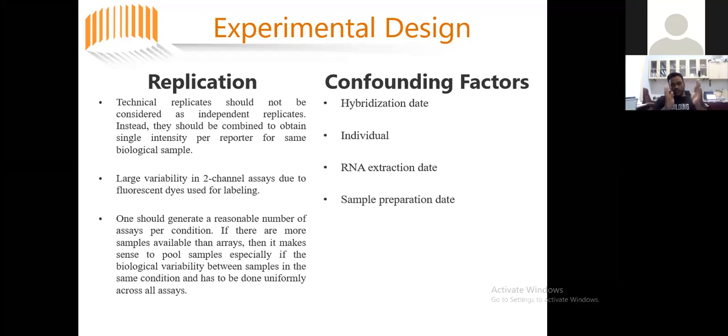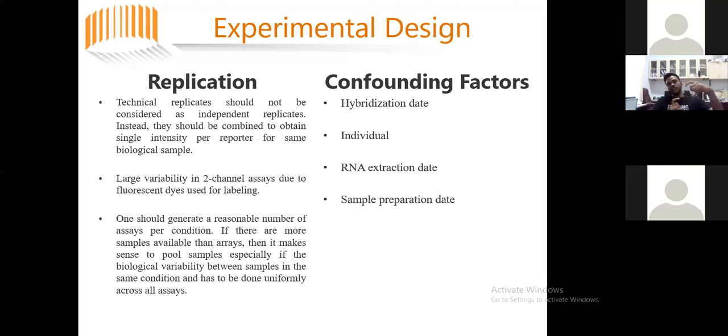In a two-channel or dual-channel assay, where one channel is given to the abnormality condition and one to the normal condition, the replicates should not be considered as independent signal intensities. They should instead be combined to obtain a single intensity per reporter for the same biological sample.